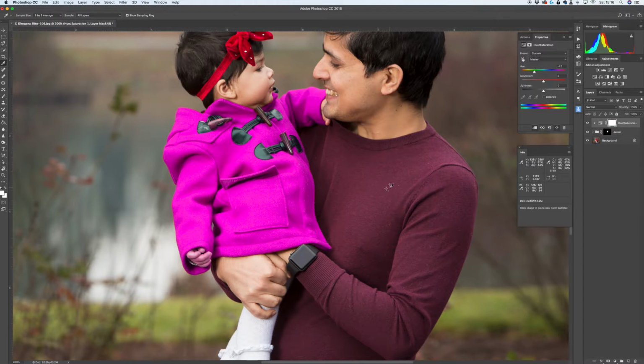Yeah, we're gonna hold Shift, and we're gonna put a dot on Dad's shirt as a target. Now you'll notice here, this is showing our RGB values for number 1. This is number 1. You see that right there. We're actually gonna change this though to HSB, which stands for Hue, Saturation, and Brightness, or in this case lightness. So we're going to go ahead and change it to HSB, and that's showing us our values for the hue,